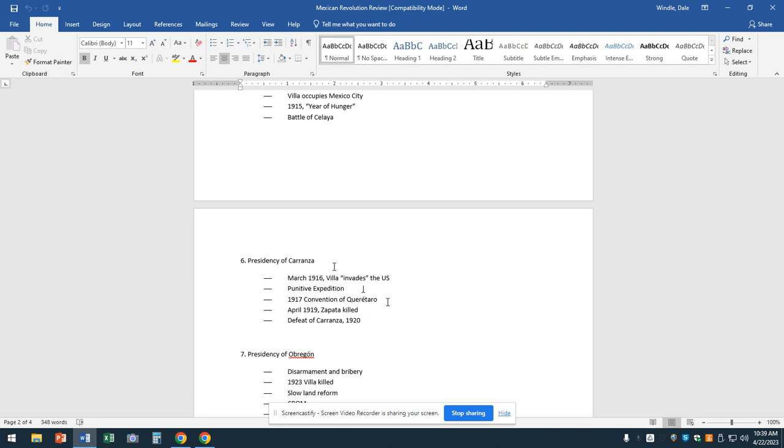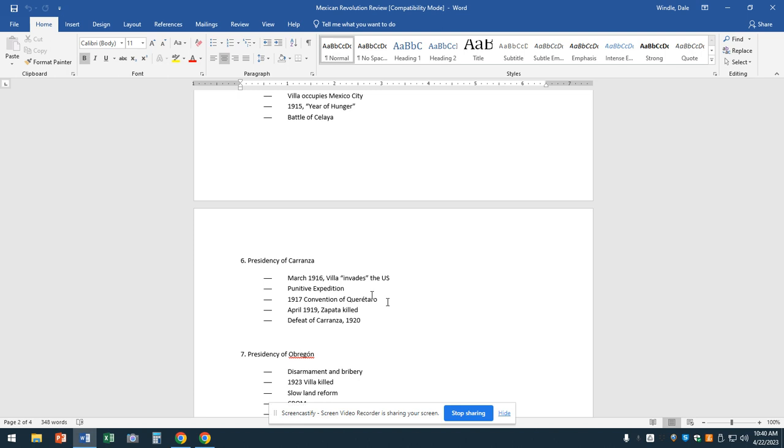Also, Carranza has one of his commanders eventually kill through trickery Zapata in April of 1919. So all of his enemies are gone, but it begins to appear that theoretically he's president from 1916 to 1920. It begins to be clear he intends to put a puppet in his place and remain in control in 1920. And Obregon says, "Oh no!" So he marches again south to defeat Carranza. Carranza flees and commits suicide.